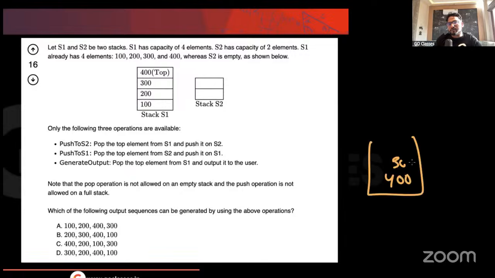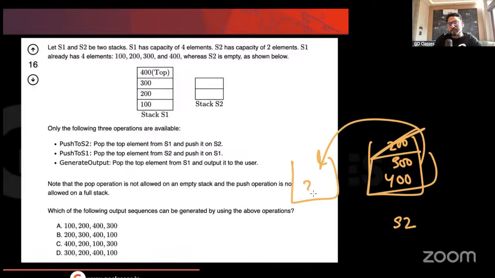Then this is S2. Then can you have 200? Yes, you can pop it into stack one, and then you can output it. Can you have 400 after that? Yes, basically you can transfer both of these to S1, 300, 400, and then you can have 400 and 300. So A is definitely possible.